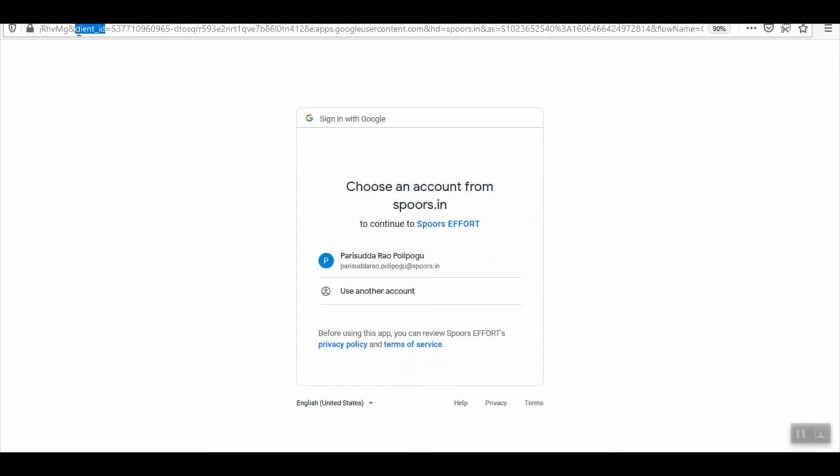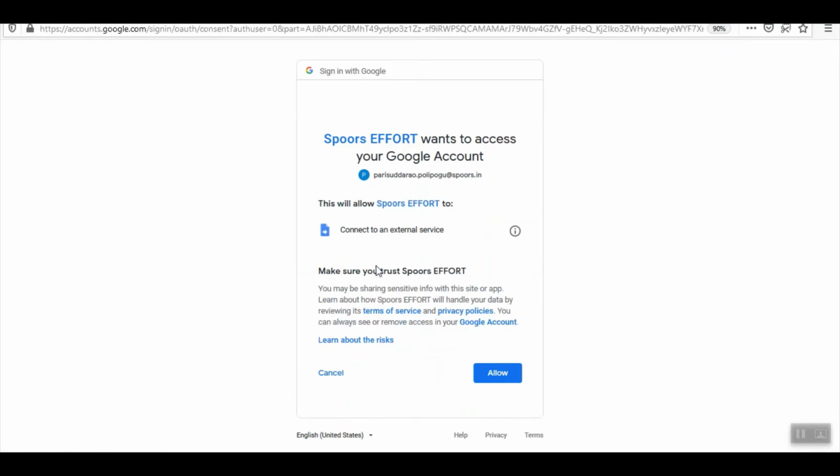You can see the client ID here. This is the client ID. Close this and select the same account you use Google Data Studio with. Click on allow to accept the access request.